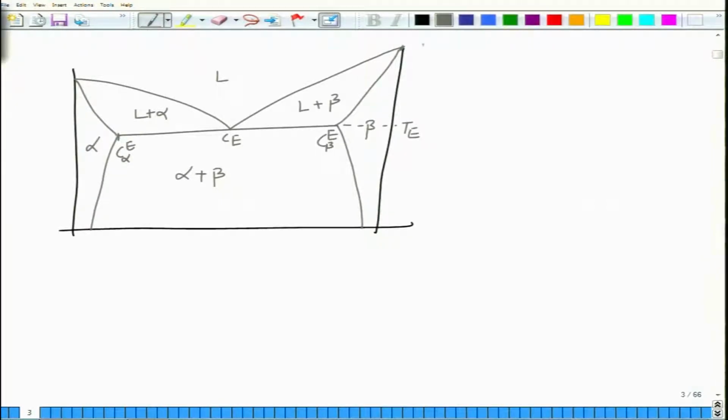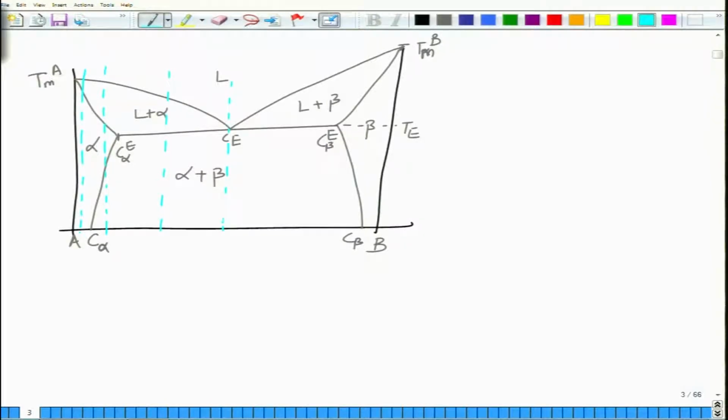So this is Te, this is Tmb, if it is B, this is A, this is Tma, and these are the solid solubilities of alpha and beta at eutectic temperature, and these are the solid solubilities of alpha and beta at room temperature, C alpha and C beta at room temperature or at lower temperature. Now, we want to understand the evolution of microstructure in such a solid at various composition. So, for example, this could be the first composition, this could be the second composition, this could be the third composition, and this could be the fourth composition.